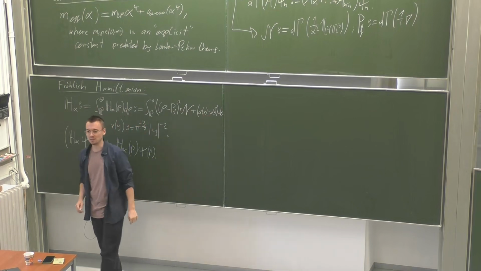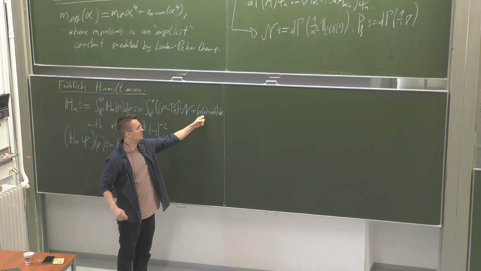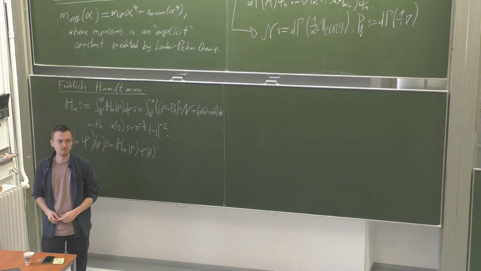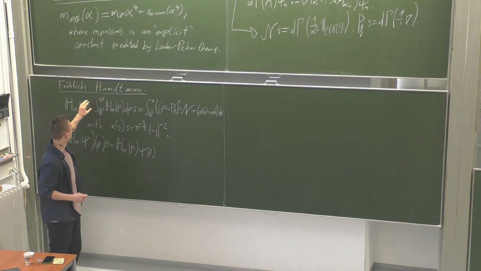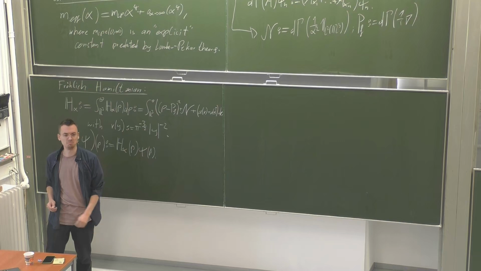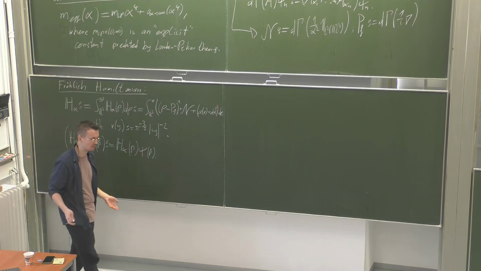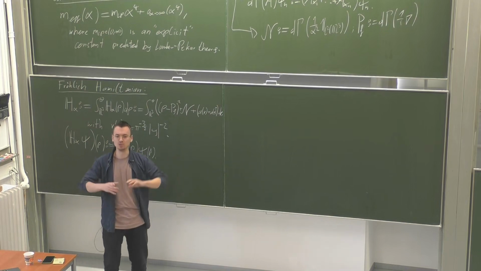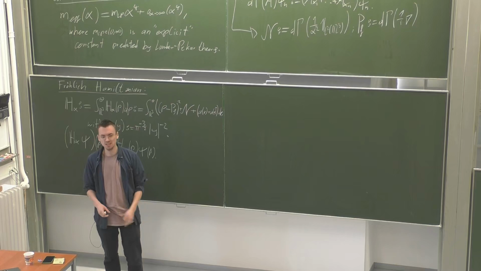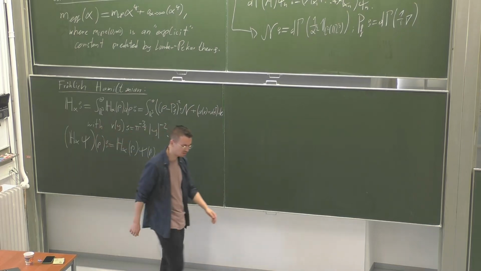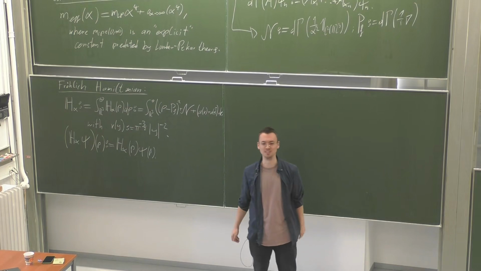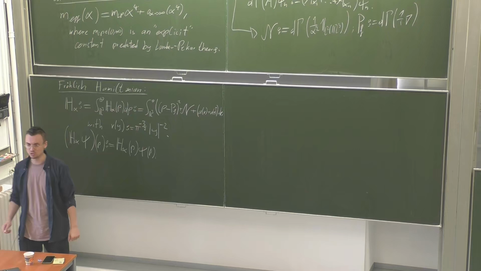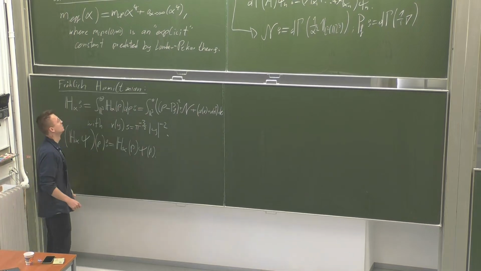Now you should be skeptical about this because you see, these operators only act on Fock space. So you might ask, why do I refer to this as an interaction, right? And here comes the point. I'm defining this operator in the Landau-Pekar picture. Landau-Pekar picture, this is again just a fancy name to say that I'm measuring my polarization field in a coordinate frame that is co-moving with the electron, right? So if I want to measure my polarization field, I walk with the electron, and then I'm looking at the polarization field. And you see, if I would revert this Lee-Low-Pines transformation, if I would go into a stationary frame,